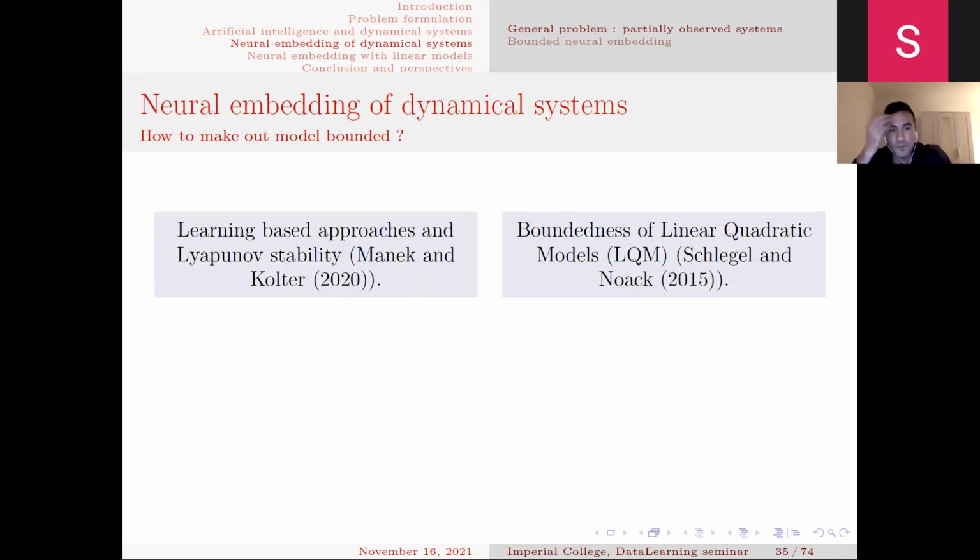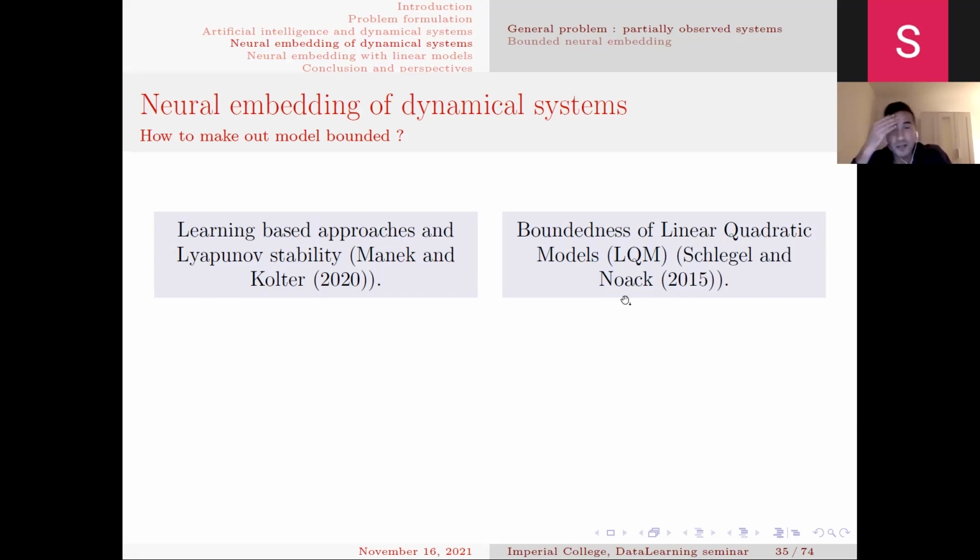So from here, we started investigating how to make our models bounded. And there were mainly two roads to take within achieving the boundedness of the model. The first category of techniques are learning-based approaches and Lyapunov stability, which mainly comes from the learning and dynamical system community, where you try to regularize your learning problem with satisfying Lyapunov stability condition. Now, the issue is that we don't actually want our models to be stable. We want them to be bounded but unstable so they can reflect the chaotic variability of the observations. And this is simply impossible to achieve using such frameworks.